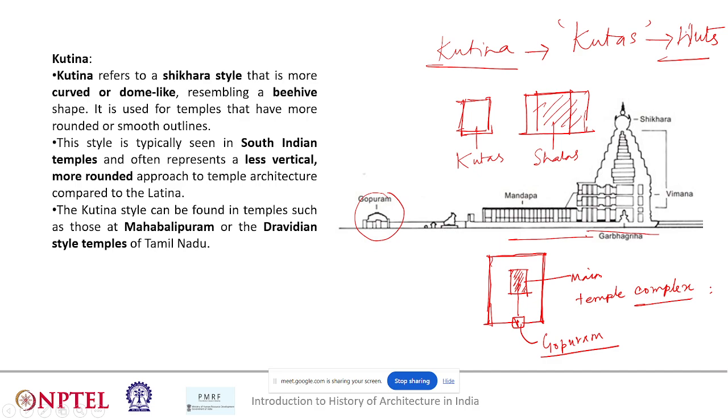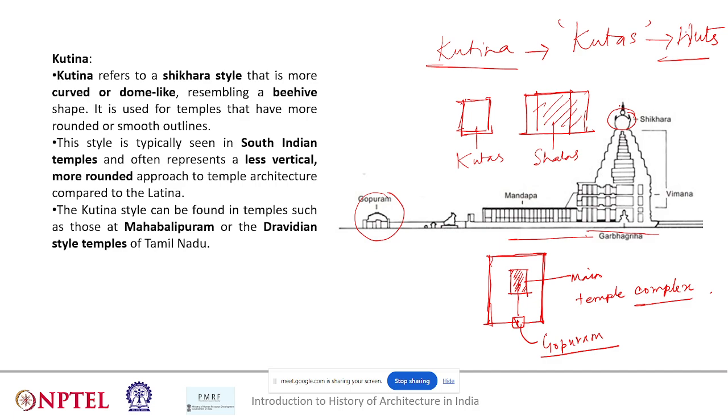Okay. So this is how the Dravidian style of architecture is mostly. Also, if you see on top of the shikhara, you won't find any amalaka. Rather, you'll find a bigger version of the hut being placed on top of the shikhara, or on top of the Garbhagriha. Garbhagriha is something that you see in the plan, and if you look at it vertically from outside, that's basically the bigger hut that is placed on top of the topmost part of the temple.